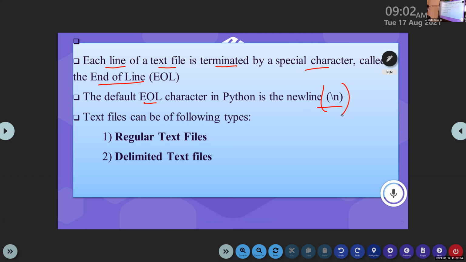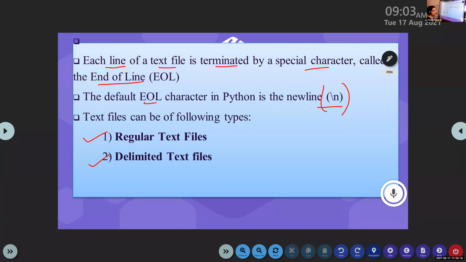Okay, so basically there are two types of text files, regular text files and delimited text files. Please note, there are two types of text files, regular text files and delimited text files. In a text file, each line ends with a special character. Which is the special character? It is end of line.